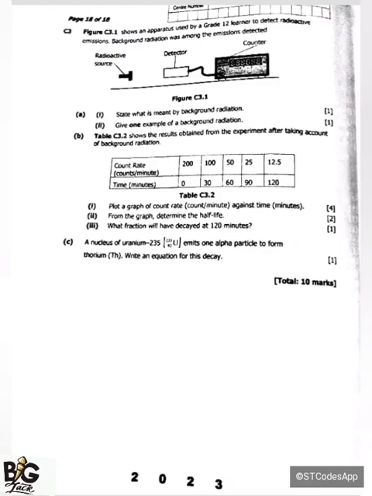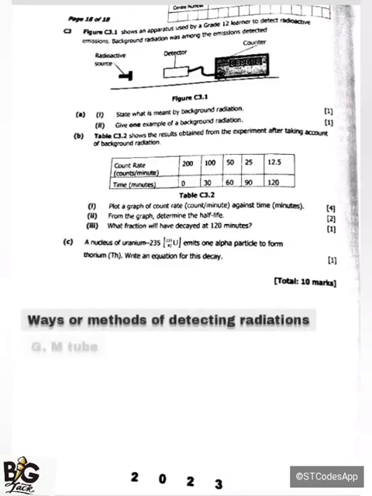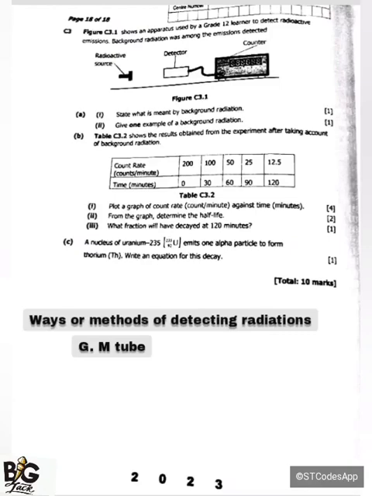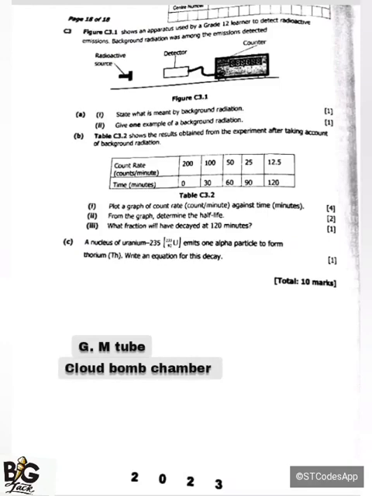Okay, so in an exam they can also ask you to give them the ways of detecting radiations. The first one is the GM tube. You can use the GM tube to detect radiation or the background radiation. Apart from the GM tube, you can use the cloud chamber to detect radiations. Apart from that, you can also use the